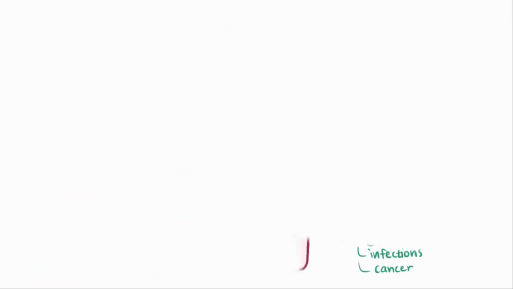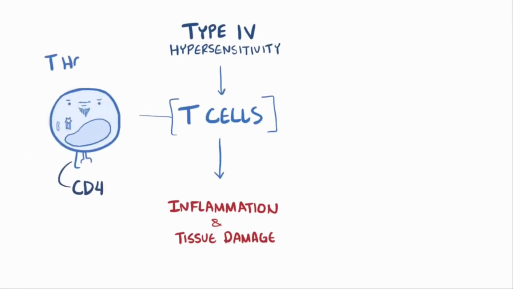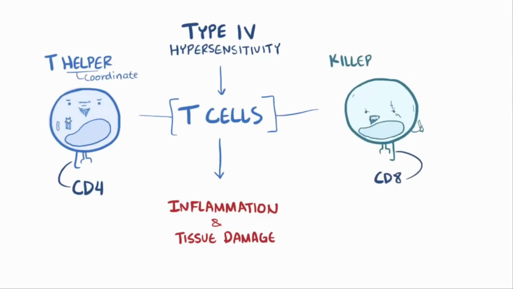So, as a quick recap, type 4 hypersensitivity leads to inflammation and tissue damage via T cells, which can be either CD4 positive T helper cells, which help coordinate the attack, or CD8 positive killer or cytotoxic